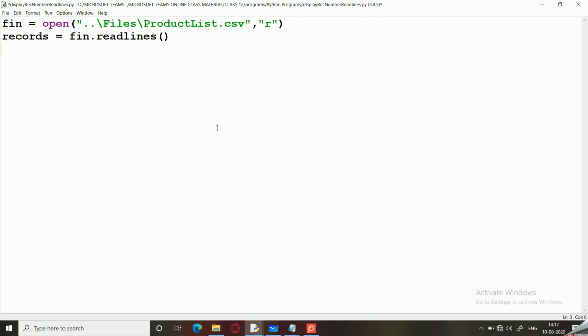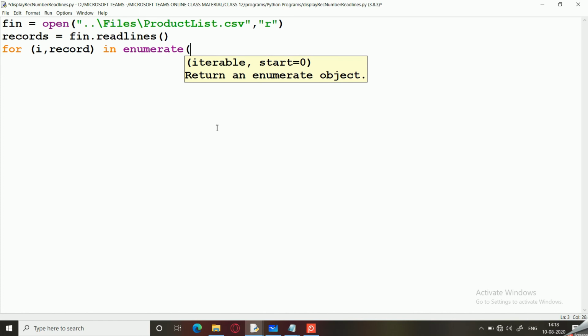And now I'm going to use the statement for i, record in enumerate records. You can just note the difference. I have used record to represent one record and records to represent the list of records.